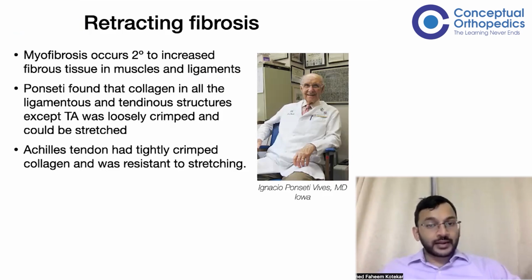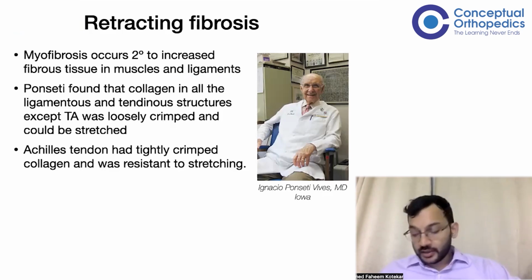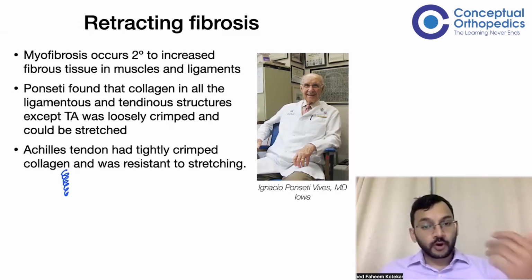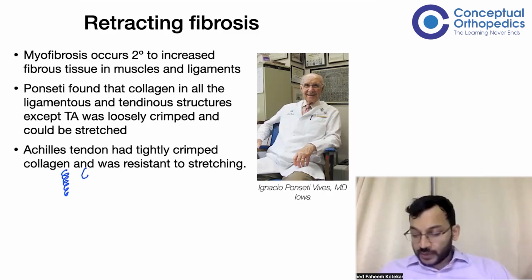Ponseti also found that the collagen in all the ligamento-tendinous structures was loosely crimped and could be stretched. However, the Achilles tendon had tight crimps of collagen and was resistant to stretching. So what do we mean by crimps? Crimps are basically turns in the collagen fibers. Now, these crimps are easily openable. So they open up, they stretch out and become a longer structure in all the ligaments and tendons of the foot except